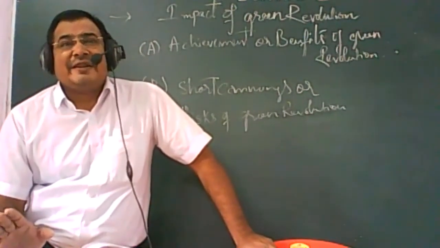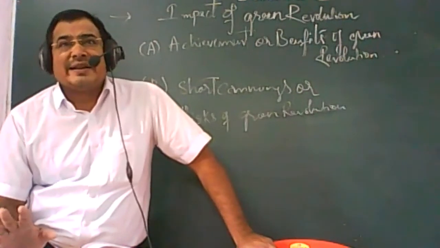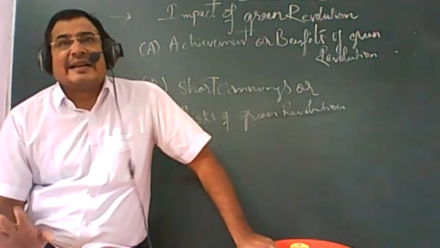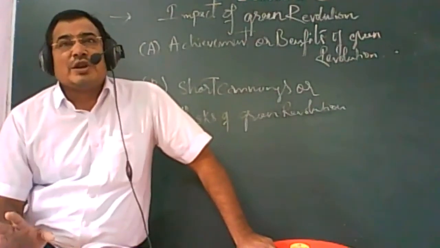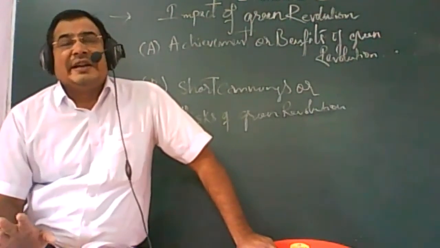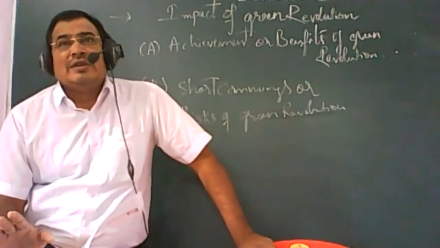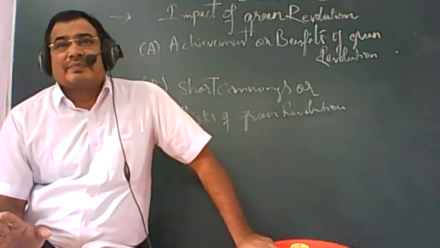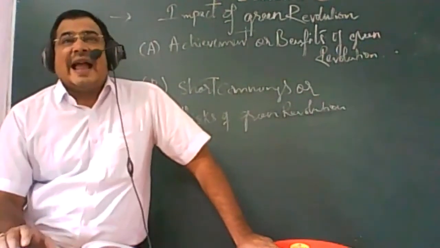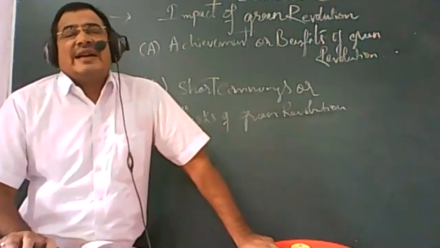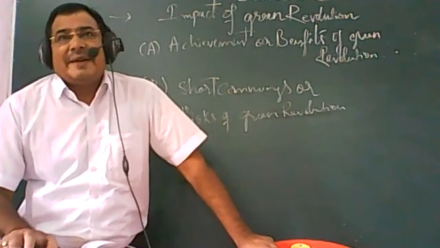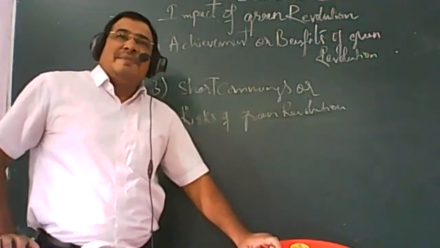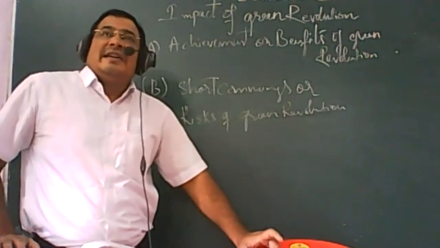In the first five-year plan importance was given to the agriculture sector only, and in the second five-year plan importance was given to the industrial sector. So the next discussion would be on the industrial sector, and a debate which will be explained in the next class related to